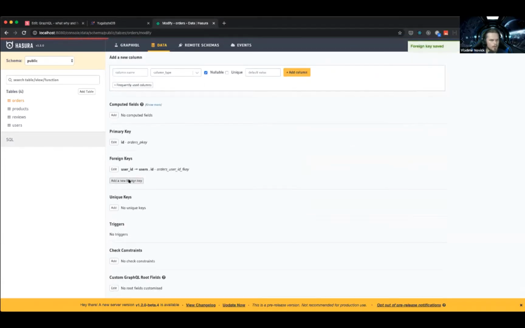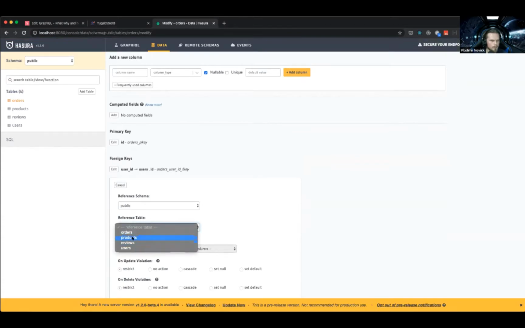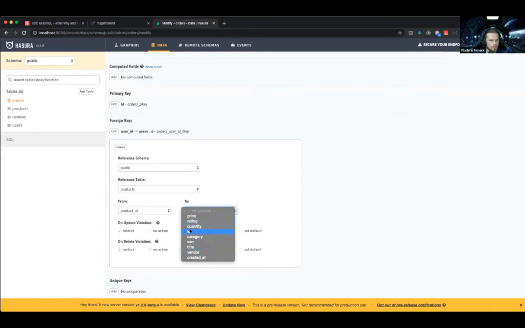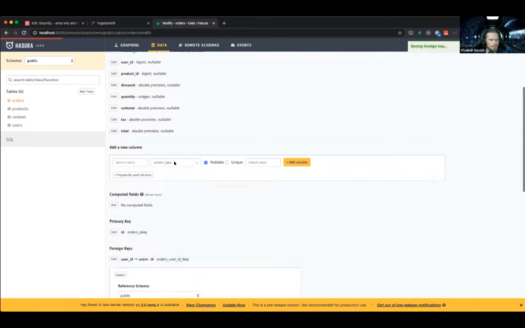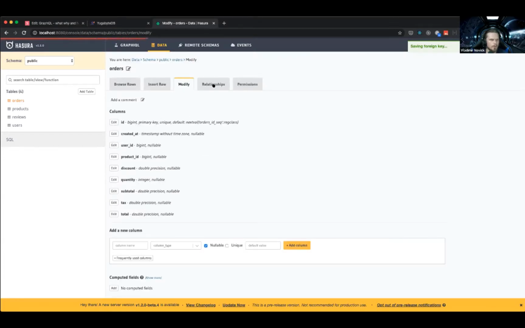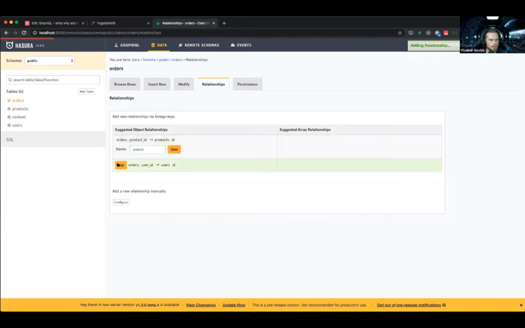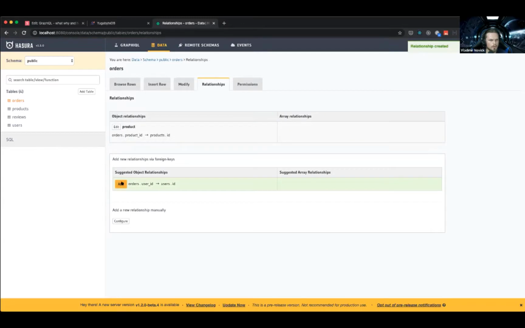And we add another one. It will be the products table, and I will map the product ID to an ID on the products table, right? Now, also what I need to do, remember the relationship tab we've seen with posts and users. I also need to set these relationships for both orders and products. And in fact, Hasura will know that if there is a connection, like a foreign key set up, then it will suggest the relationship that I want to have. So in our case here, it will be product, and it will also be user.